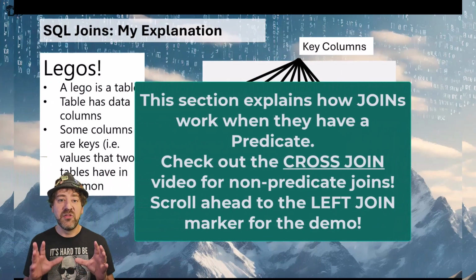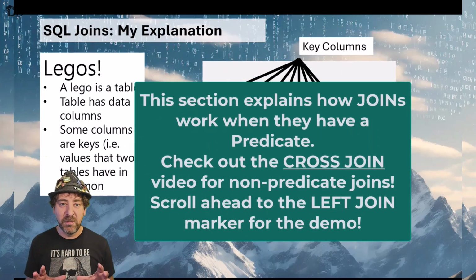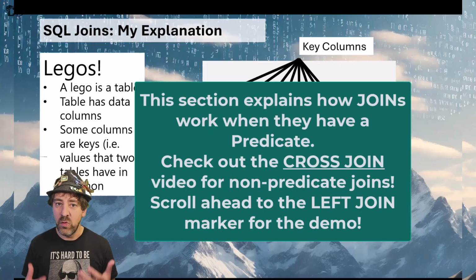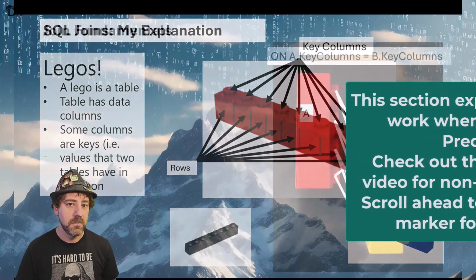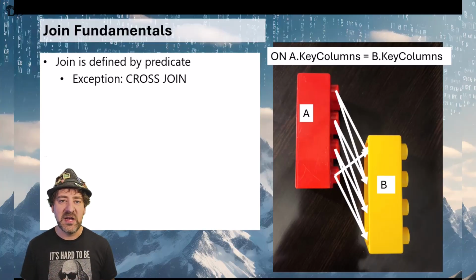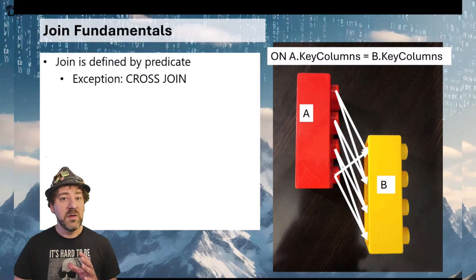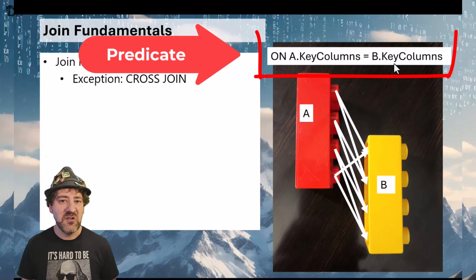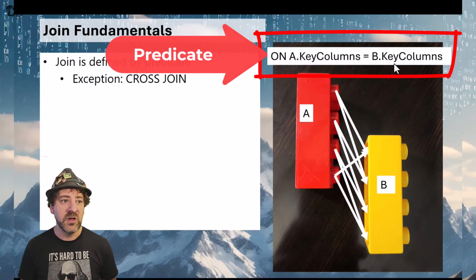Now that we've got the structure of Lego bricks that gives us the ability to join, how do the joins themselves work? Here's how joins work in a nutshell. First of all, joins are defined by predicates. To be clear, when I'm talking about a predicate, I mean this information on the upper right corner of your screen: